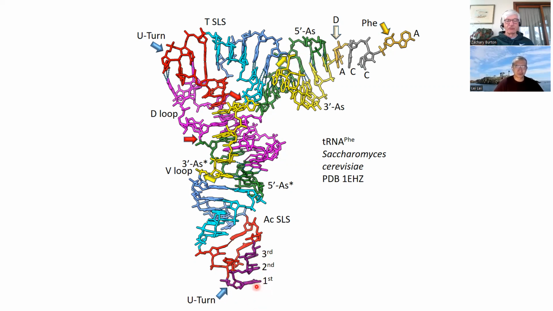So this first position would be the wobble position. This is a Watson-Crick and a Watson-Crick position that interacts with messenger RNA. So the messenger RNA codon goes 1 versus 3 in the anticodon, and 2 versus 2, and then a wobble position in the third position. So 3 nucleotides, this one, that one, and that one, specify a single amino acid there. That's why tRNA is the genetic adapter for translation of proteins.